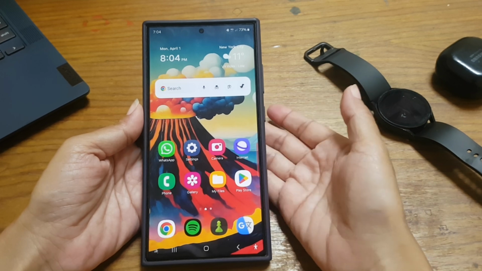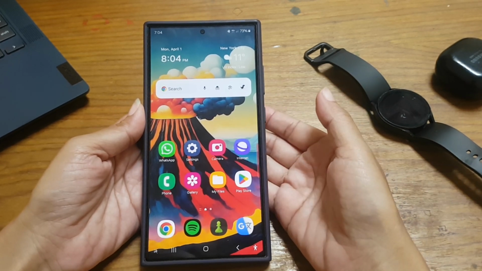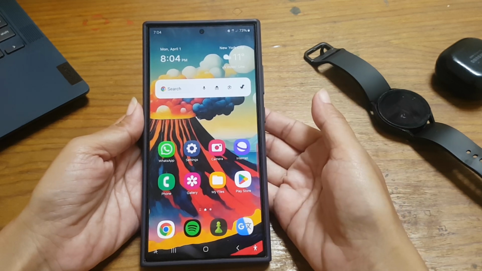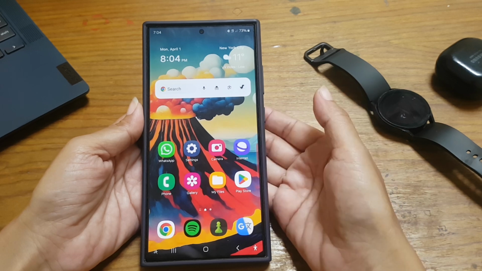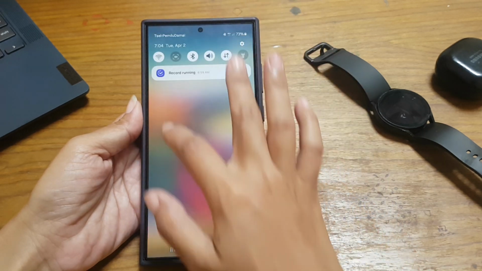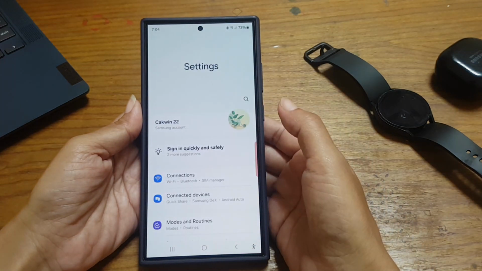To use camera on your Samsung Galaxy S24 Ultra as a magnifier, first you have to enable and choose a shortcut to turn on or off magnifier function. To do so, swipe down the top of the screen and then tap setting icon. Scroll down the screen to find accessibility.